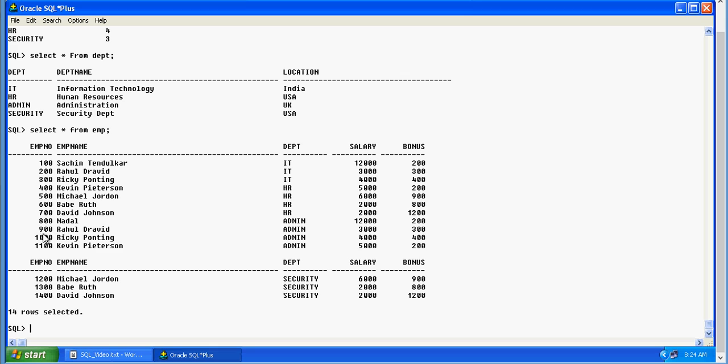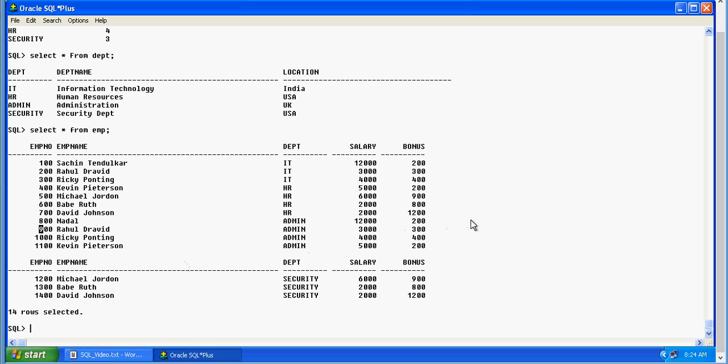So employee number can uniquely identify if I say employee number 200, so I know I'm talking about a particular Rahul Dravid who's part of IT department. But when I say employee ID 900, I know that Rahul Dravid, I'm talking about the person in admin department. So employee number is the primary key of this table.